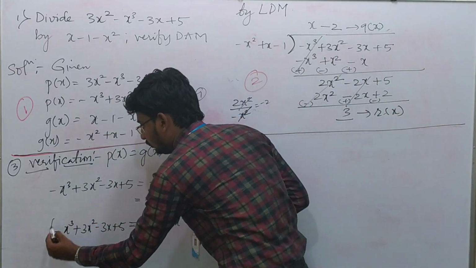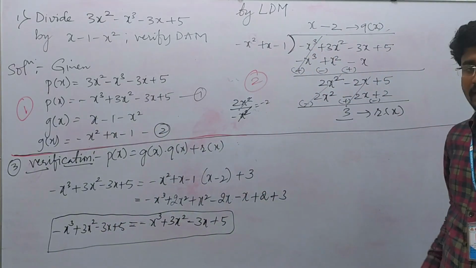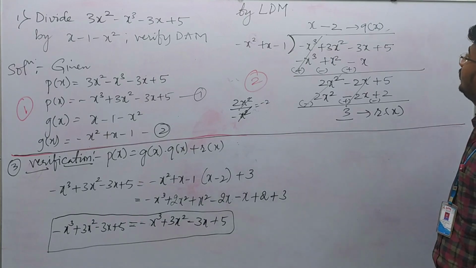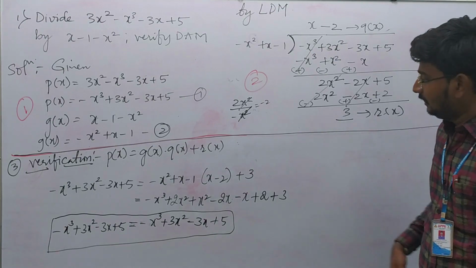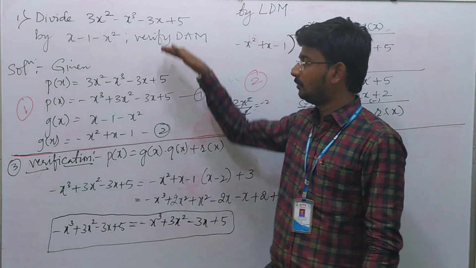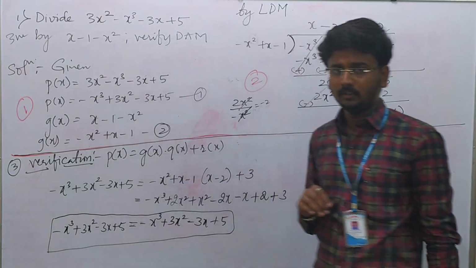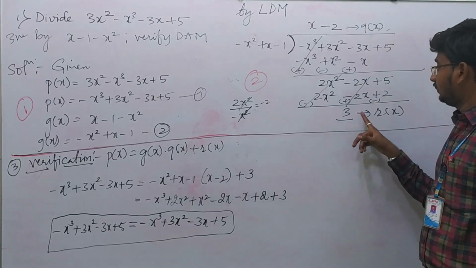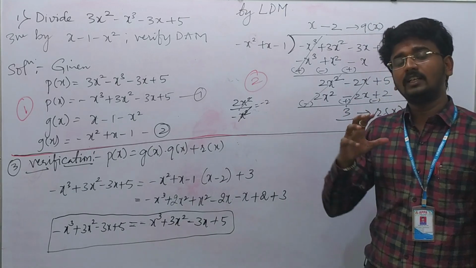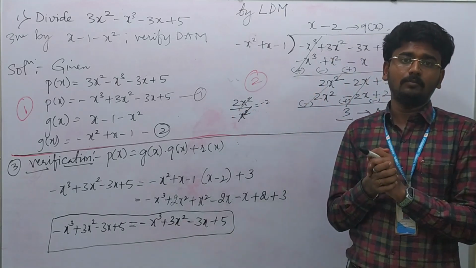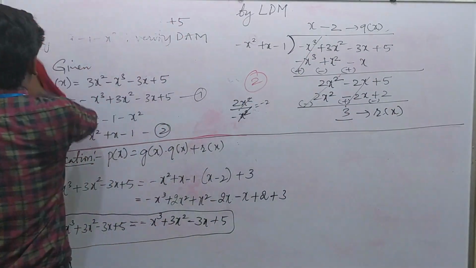So this is how you do the long division method. Divide a polynomial by g of x. Whatever quotient and remainder you get, substitute in the verification part. If LHS is equal to RHS, then our procedure is correct. It's around a 3 mark question. This problem was with remainder not equal to 0. Even we have a problem, what if the remainder is equal to 0? Then the last part will be matching the degree of polynomials. So those last two problems we'll discuss so that this chapter will be complete.